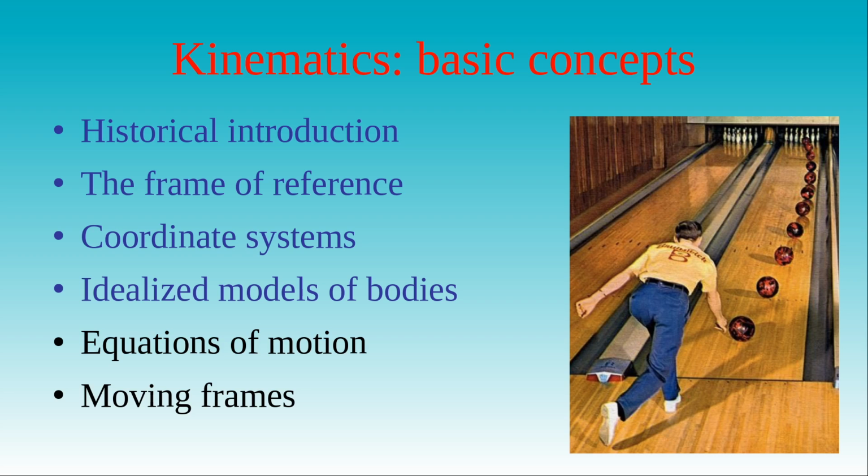Then we introduce the basic kinematic quantities which describe the momentary location of bodies, the speed and the direction of their motion, and even the change in the speed and direction as a function of time. We also express the kinematic quantities in different coordinate systems, so that we can study the nature of different types of motion in mathematical form. If the kinematic quantities of the moving bodies are given as functions of time, these functions are called equations of motion. The main goal of kinematics is to determine and study the equations of motion of bodies approximated with idealized models. Then we finish this presentation with the moving frames used in kinematics.